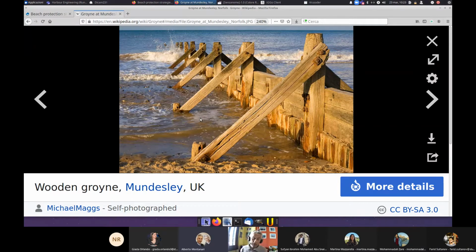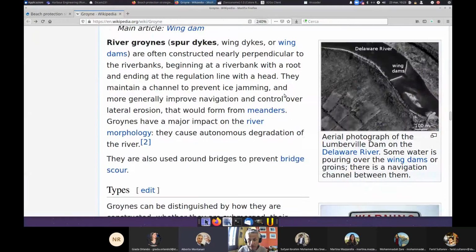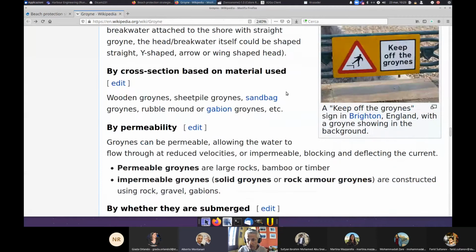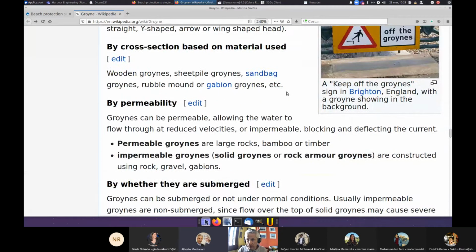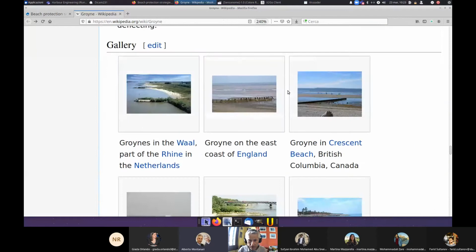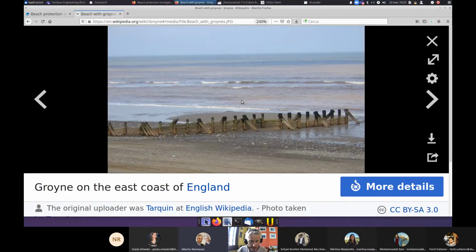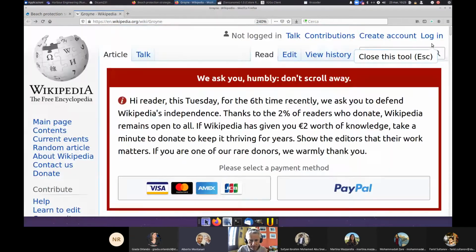The groins can be permeable. This one is not very permeable, but they can be. If they have some permeability, if they are wooden groins, they can have windows. And the permeability may be useful because it limits their impact. And I will discuss this later on. Let me see if there are other figures. So this is again a wooden groin, and this is not very elevated, but still it's